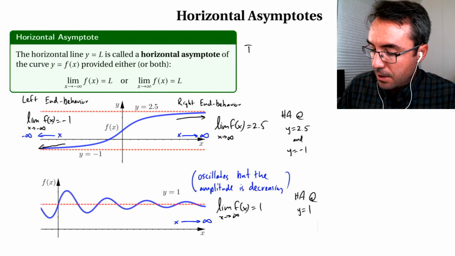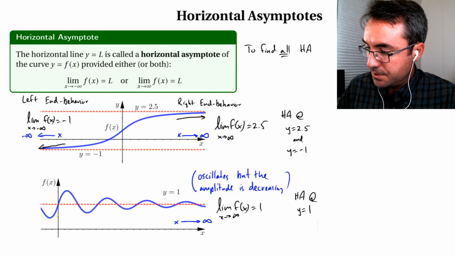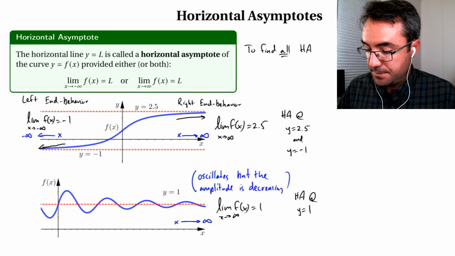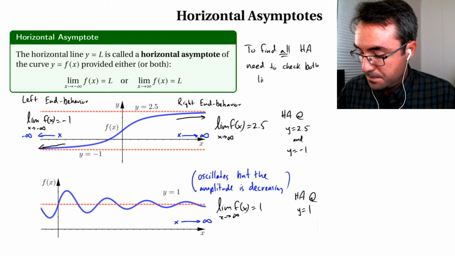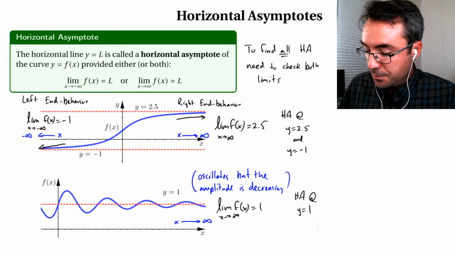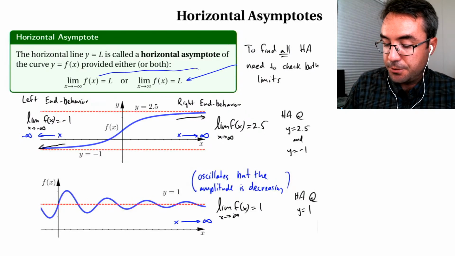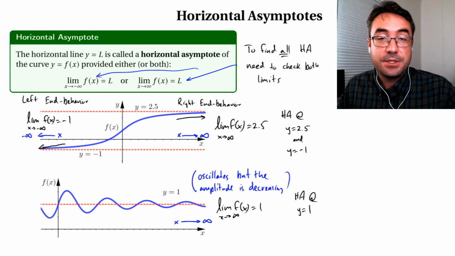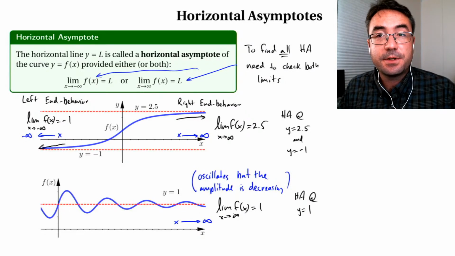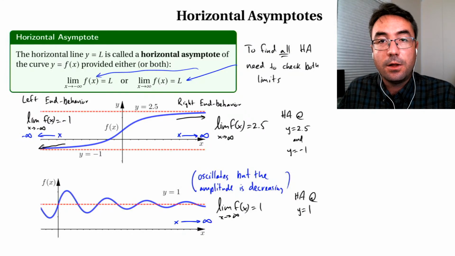But in order to find all horizontal asymptotes, you need to check both of those limits. So you need to do both of these. The right end, x approaching infinity, and then you also have to do the left end, x approaching minus infinity. And what that first graph shows is you might get different results. So that's perfectly plausible. So you want to calculate both of those if you're interested in finding all horizontal asymptotes